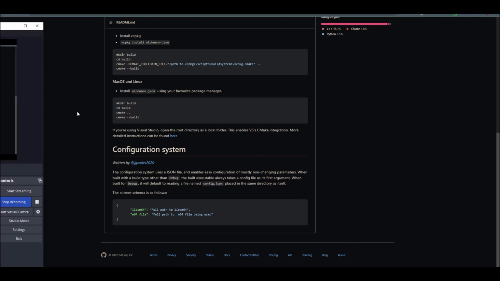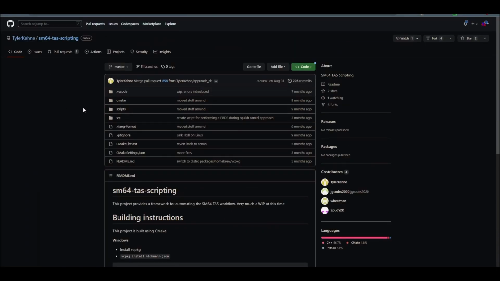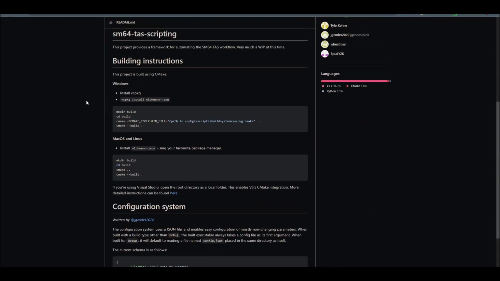Alright, hello, what's up? This is DeRockProject, and we're going to talk about the TAS Framework by Tyler Kane, JG Codes, Wheatman, and Spud Y2K. And nobody has used this yet, so I have gotten to setting it up, so I'm gonna show you how